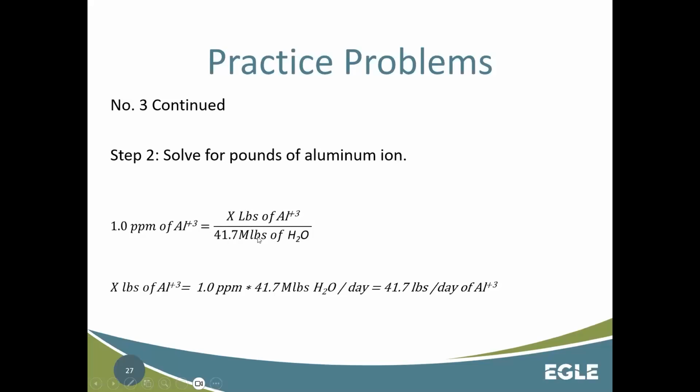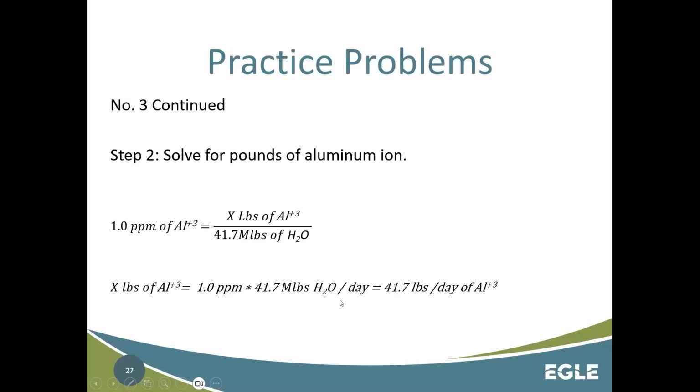And this 41.7 is going to move over to the other side of the equation. It's going to move from the denominator to the numerator, and we're going to be multiplying. So pounds of aluminum ion equals 1 ppm times 41.7 million pounds of H2O per day equals 41.7 pounds per